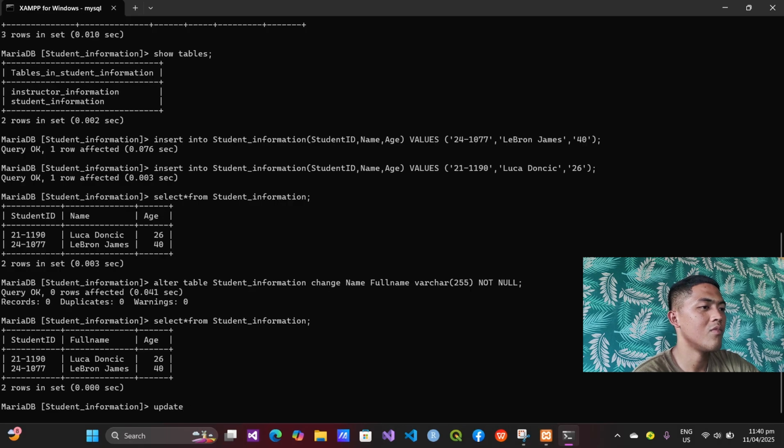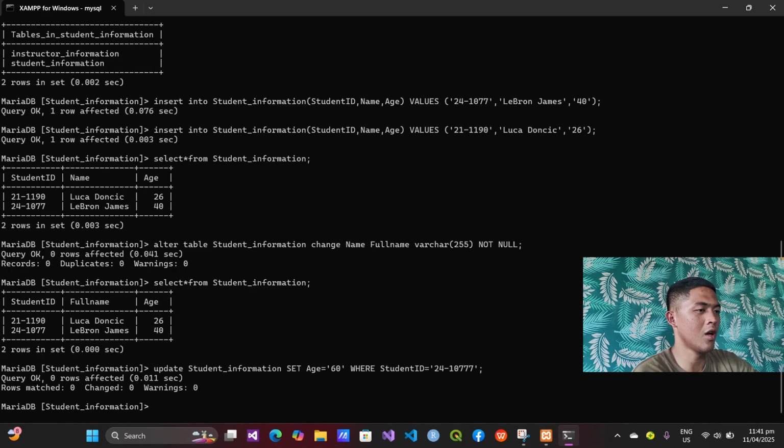Let's type update, the name of the table, student information, set age to 60, where student ID equals 24-1077, semicolon. Always remember to add a semicolon at the last part of your code. Then press enter.